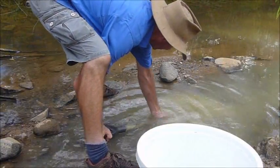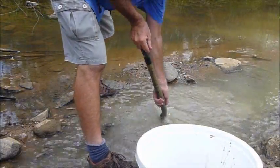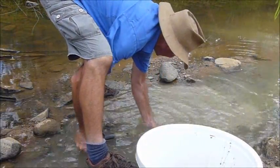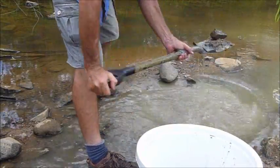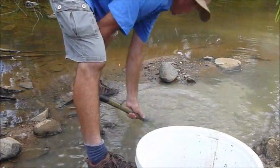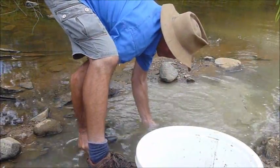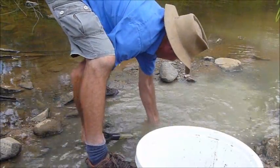I can feel with the shovel, there's the rock, I can feel the bedrock, and on top of it, this wash, and there's that grey clay comes up with it occasionally, and that's where the fine gold seems to stick into that grey clay. So I've just been shoveling out this crevice. Obviously this sort of stuff's easier in the dry season, but then you haven't got any water to cradle it, so